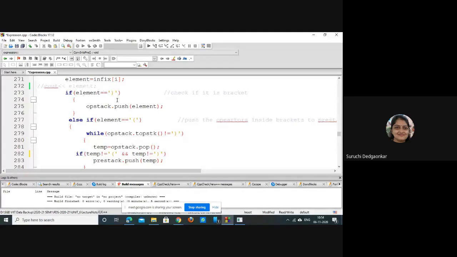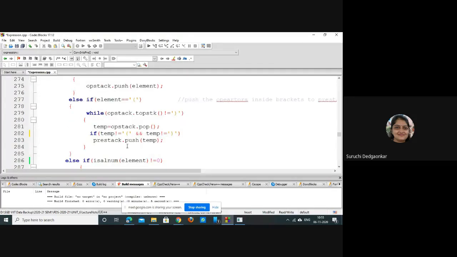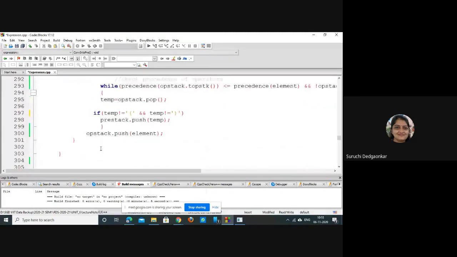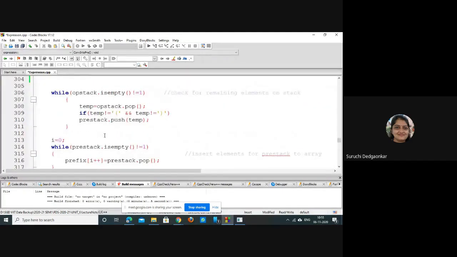We are putting the closing bracket into this stack, and in case of an opening bracket, until the closing bracket comes we are popping. So I'll do this algorithm afterwards.